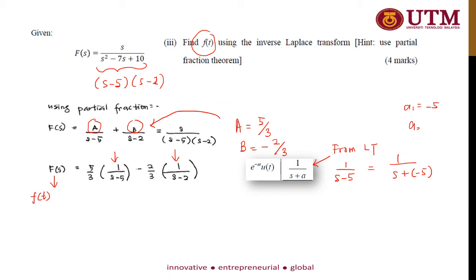So A2 for the second component is equal to minus 2. Okay, now let's write the equation for f(t). So f(t) equals 5 over 3 times 1 over s divided by s minus 5. So this is equal to